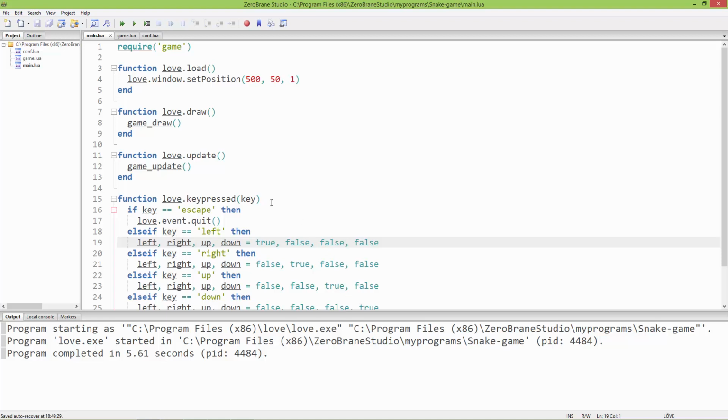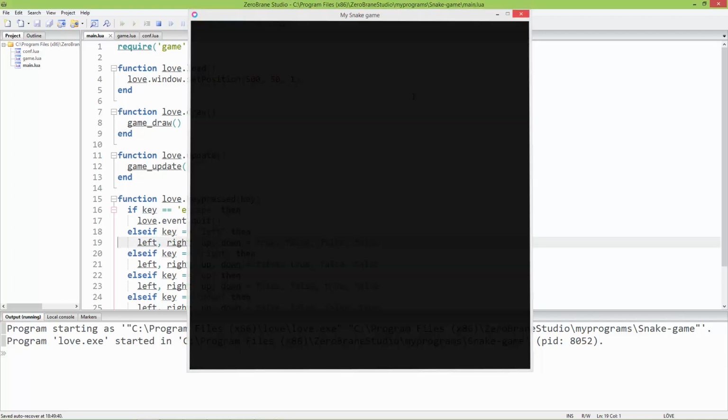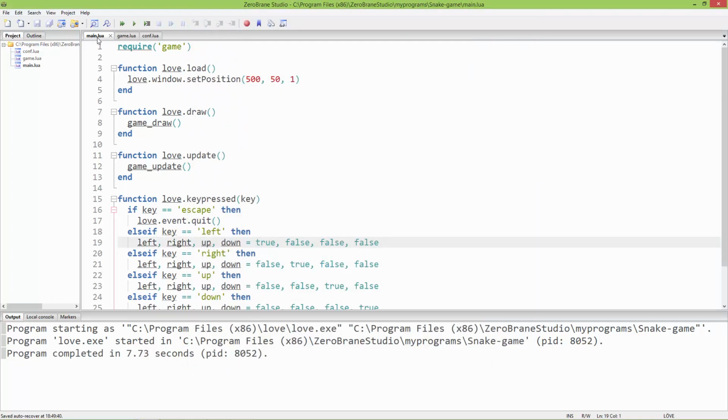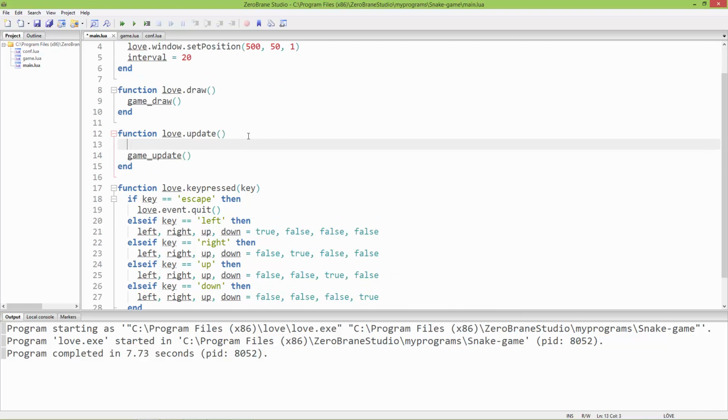So until now we created the snake, but the snake just moves too fast. So I'm going to add an interval to this movement in the main.lua. So in love.load I'm going to create a variable called interval, and I'm going to set it to 20. And in the love.update function I'm going to subtract from interval, so interval equals interval